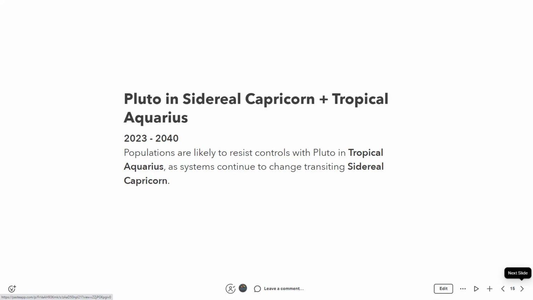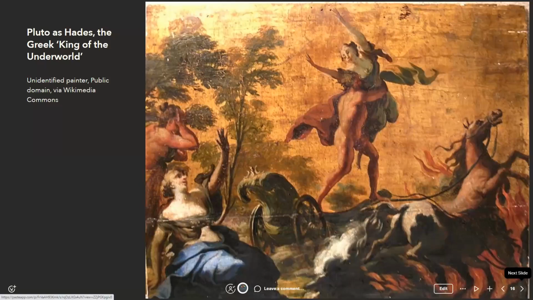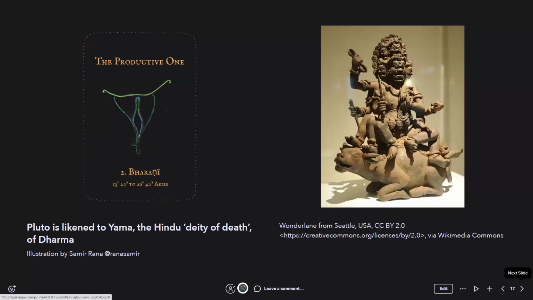So another correlation you could bring here is Pluto as Hades in the Greek myth and the king of the underworld. But in Indian astrology, in Vedic astrology, we can relate Pluto to the god Yama. Now, here's another concept and correlation. Yama is the deity of death, but it's also the deity of dharma, of righteousness. And so the symbol here on the left